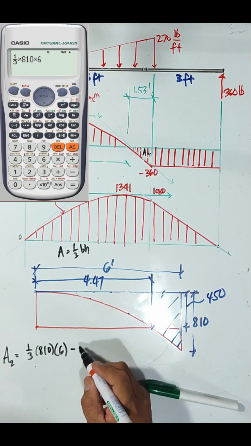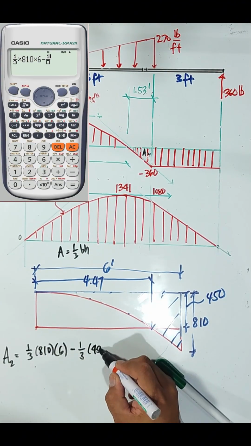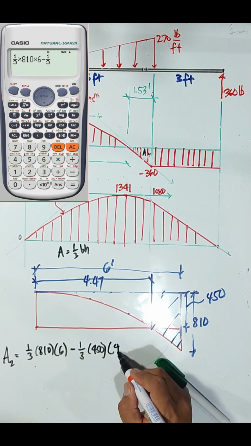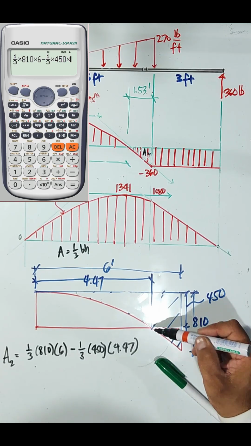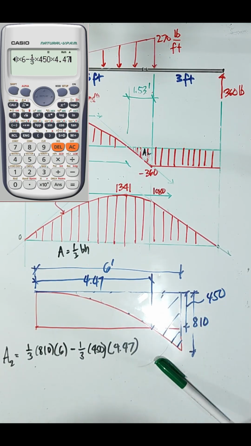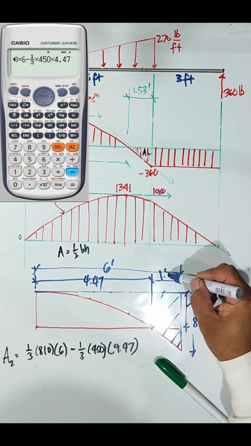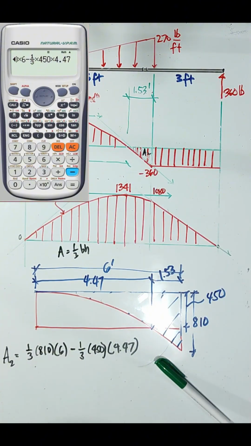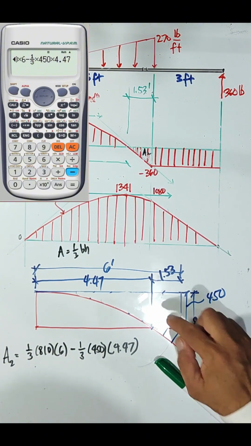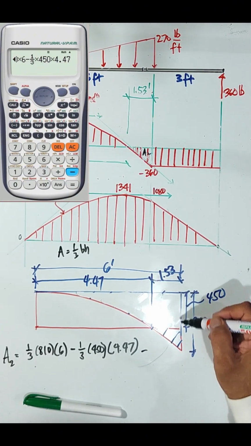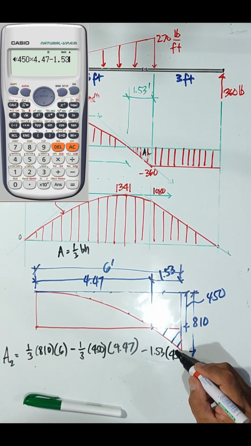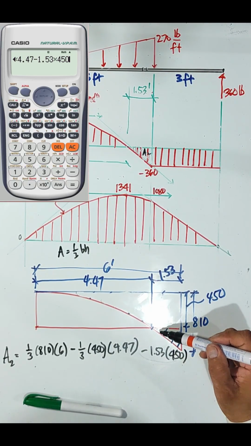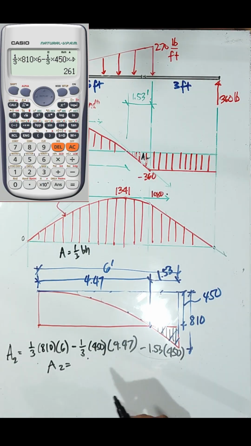And that area is 1/3 of 450 times 4.47. Now we have this area. Then we know this to be 1.53. So we will also subtract this part, that's minus the area of the rectangle, 1.53 times 450. So what's left is this part here, area 2. Area 2 is equal to